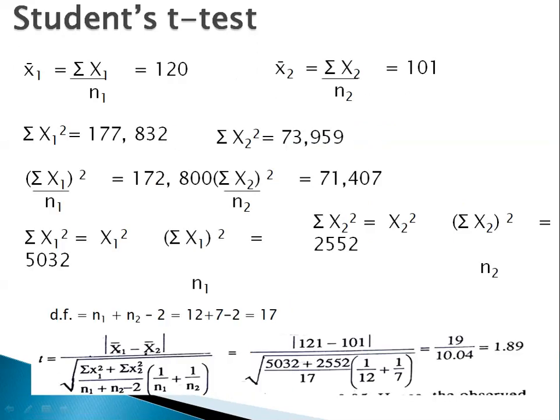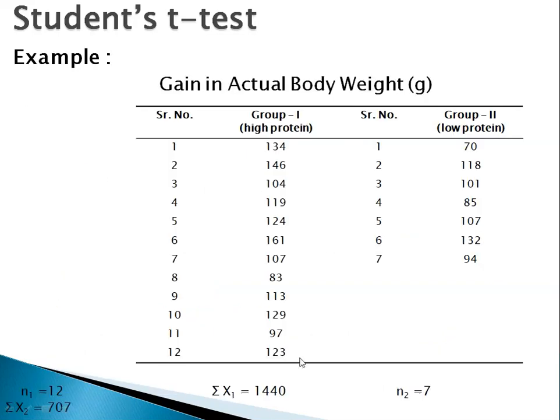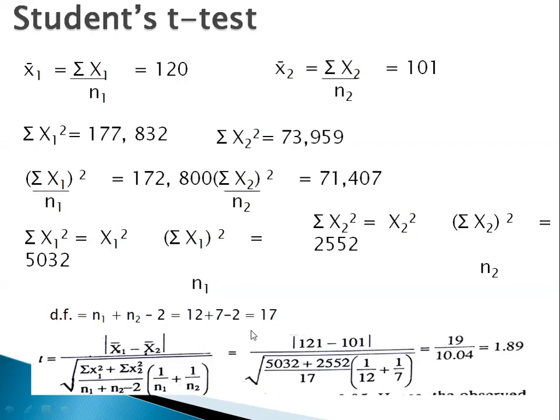And then we have to calculate the x1 bar. How will the calculation of x1 bar be done? The calculation will be the summation of x1 divided by n1. What is n1? That is 12. What is the summation of x? That is 1440. And for x2 bar we have to do the same thing, the summation of